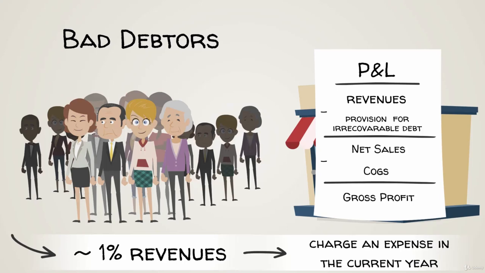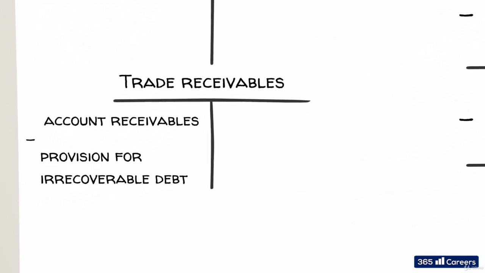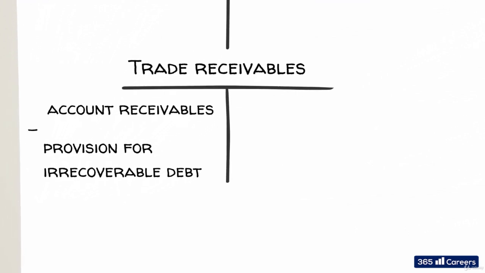The total value of trade receivables becomes lower and reflects the actual amount the company expects to receive throughout the year. And then an expense for irrecoverable debts is created in this year's P&L. Great! So, this is how companies account for expiring invoices and clients who cannot pay their payables. Moreover, we learned how to provide for the expected level of bad debts.